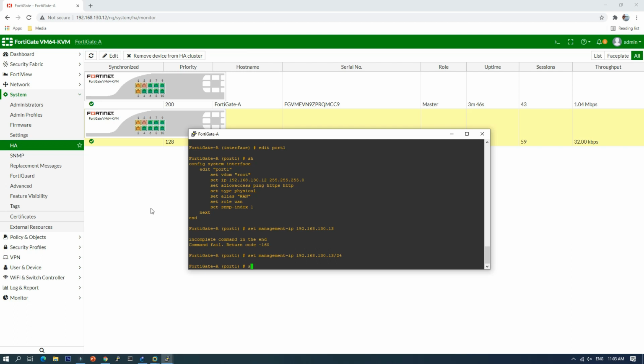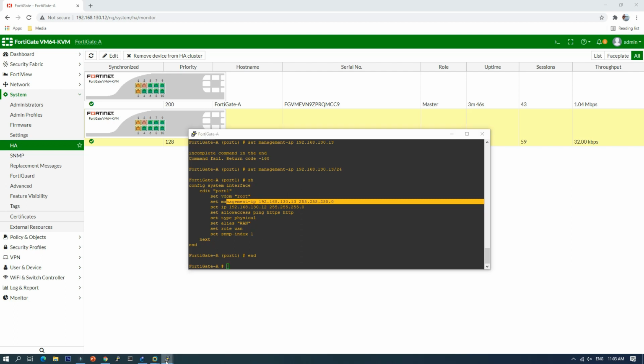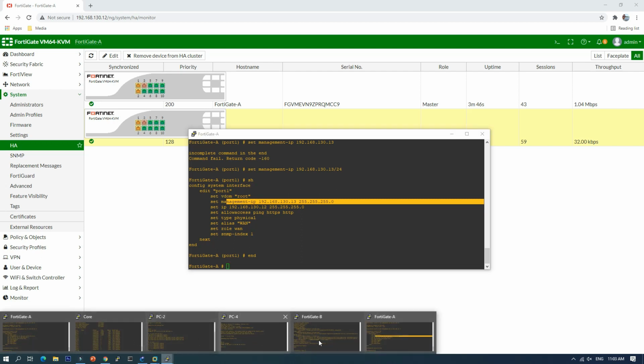Okay, and so again, here I get the management IP address. Okay, and FortiGate B, where is FortiGate B? Okay, here.